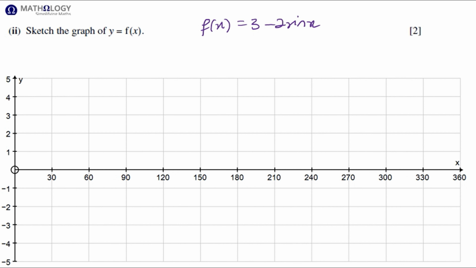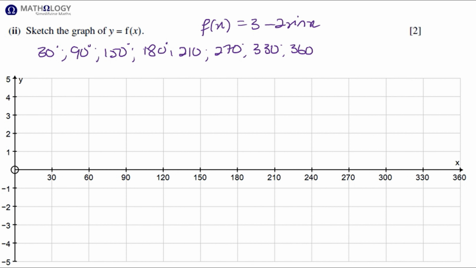So the values of x, or the angle, that work for the function sine will be 30 degrees, 90 degrees, 150, 180, 210, 270, 330, and 360. So starting when x equals 0,